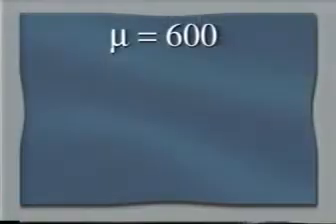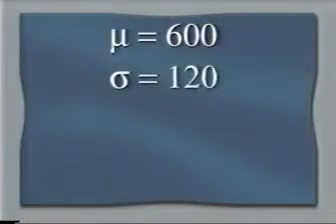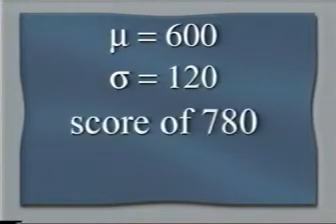A simple example is now provided to demonstrate the use of the Z table. A particular graduate admissions test has a mean score of 600. That is, the average person taking this test scores 600, with a standard deviation, a measurement of variation, of 120. If a person scores 780 and desires to know what percentile for that score he or she is in, the